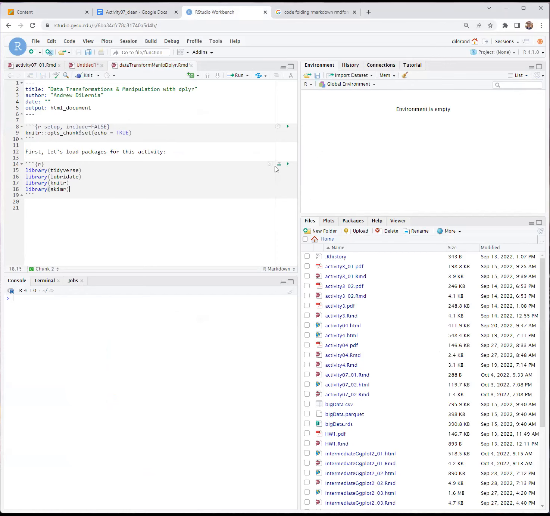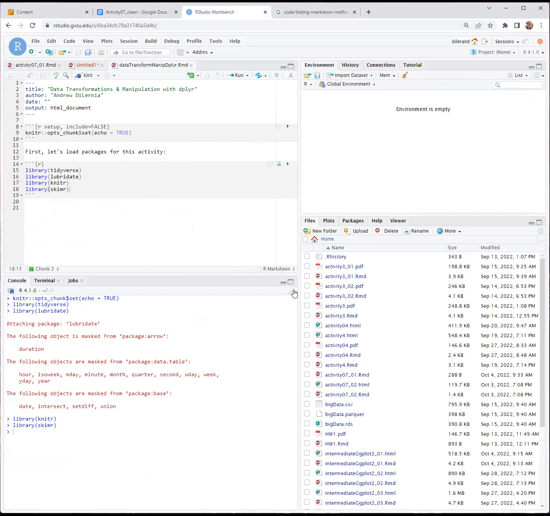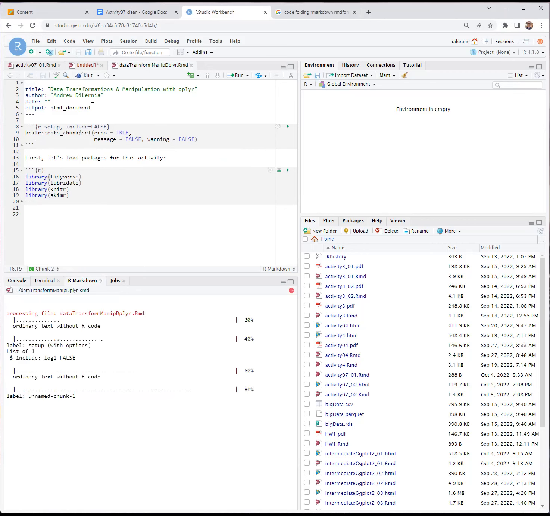All right. So you may need to install some of these, hopefully not. And then we should be able to run it. We get some warnings. We'll suppress warnings from loading packages and stuff, as a reminder, by adding in the global chunk options message equals false and warning equals false. Okay. And now if we knit that,